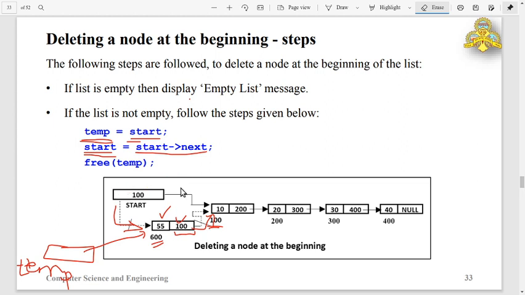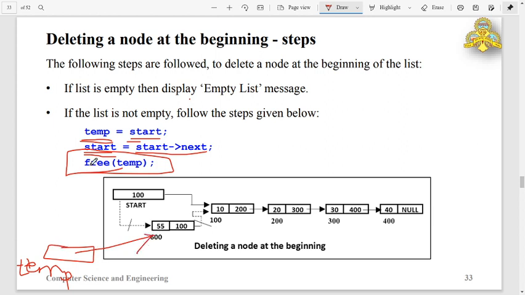So that means start is pointing to the second node. Now I have made the start pointer point to the second node. After this I will deallocate the memory allocated for the first node, and that first node's address is available in temp.